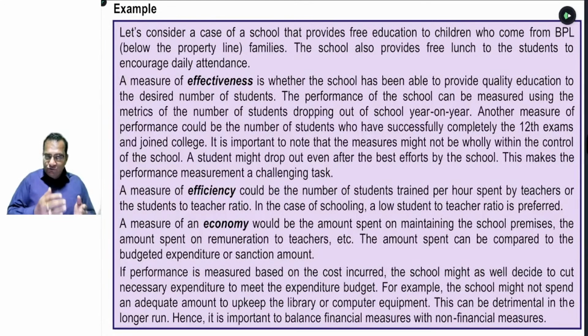How many students, what is their passing percentage? They have shifted from one class to another. How many students are regular in the classes? Suppose there are 100 students and only 10 students are regular in the class, although there are 100 registered students. So we can say that your purpose of providing education to the underprivileged children is not fulfilled. So n number of points can be there. It totally depends on how you connect yourself to that particular organization example.